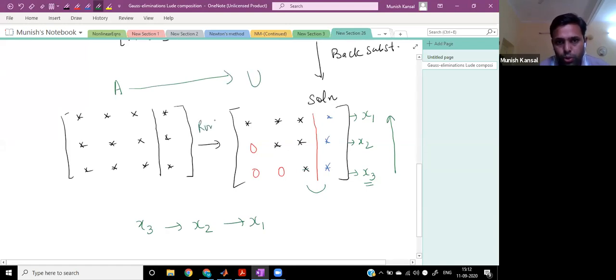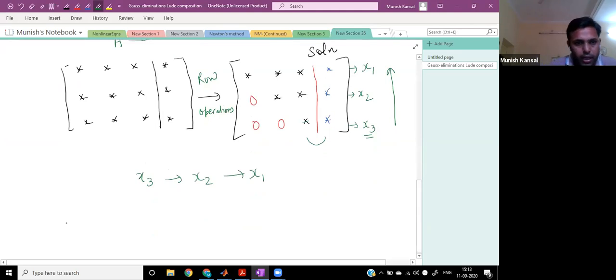Now we will do some row operations. If you have studied this method in your undergraduate course, you might have solved one question based on the Gauss elimination method, right? So I will show one illustration of a 3 cross 3 system, that how to convert A into U. Then with the help of the Gauss elimination, we can make a MATLAB code. Now, first of all, let me give you a brief idea regarding LU decomposition also, right? So say this is all for Gauss elimination. I will go to the question and we'll discuss more details about it, right?